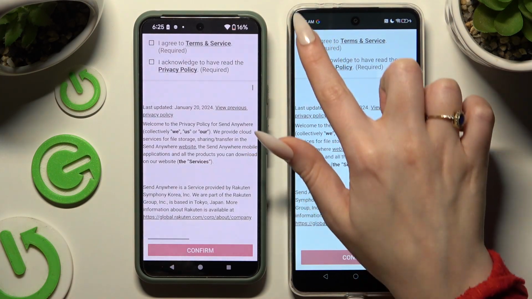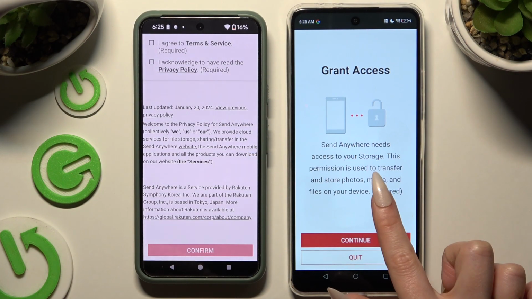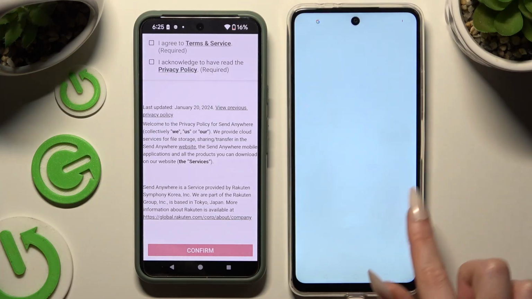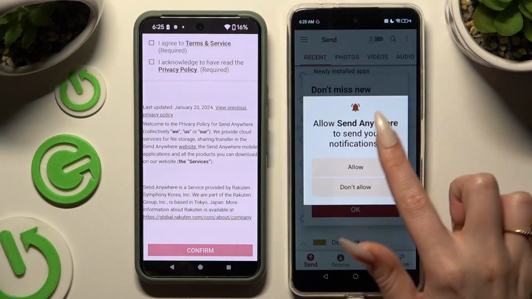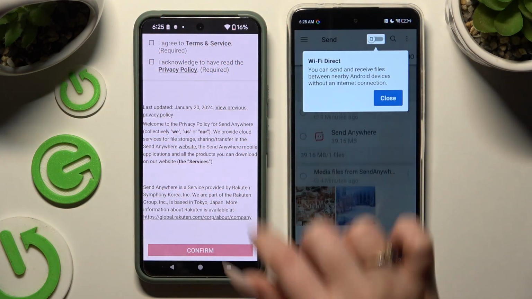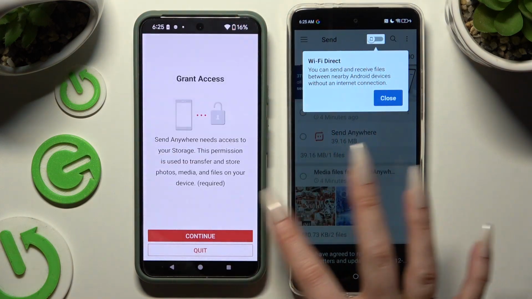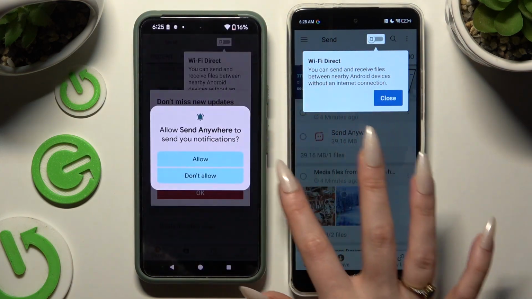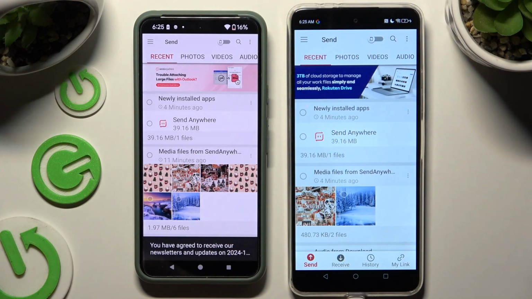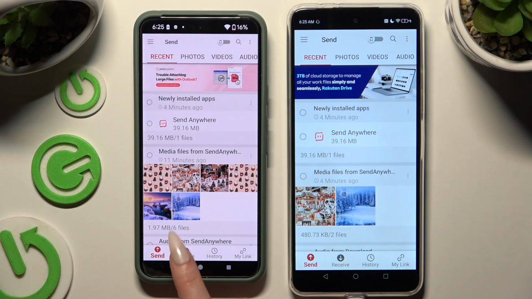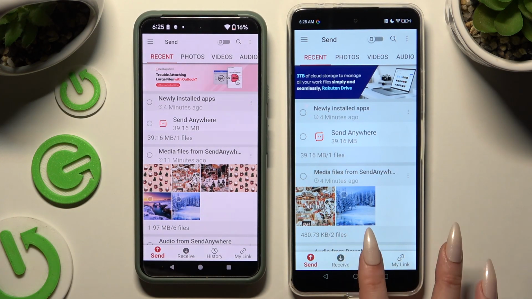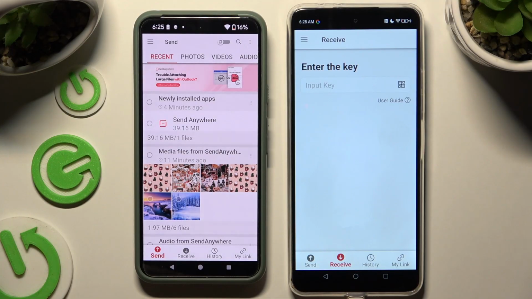I agree and I acknowledge, confirm, continue and allow. In this window about new updates, choose whatever you want to and then click on your device's displays. Now select Send at the bottom left corner of an Android and Receive right next to Send at the bottom